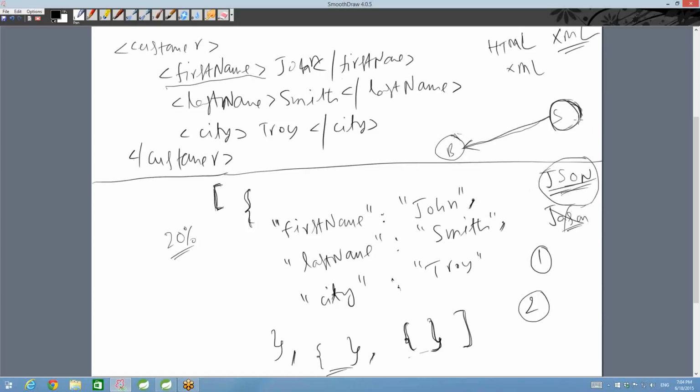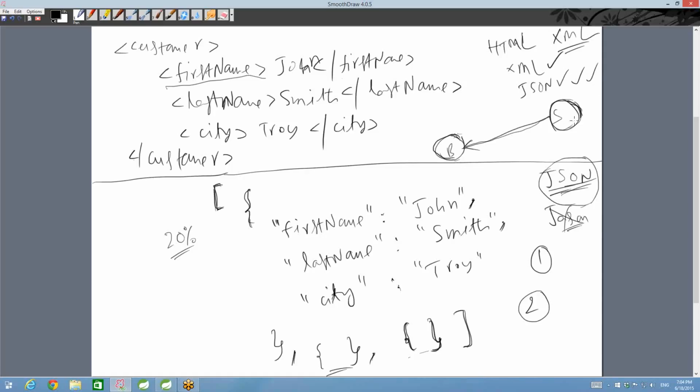You care about the data. A customer contains first name, last name, city, a bunch of addresses, a bunch of phone numbers. Send it across. How it's going to be displayed is up to the client. Let the browser side handle it, meaning in HTML and JavaScript, you deal with it there. So let the server give only the data. So obviously HTML is not favored in that approach. So it comes down to XML and JSON, and obviously JSON is the more favorable solution